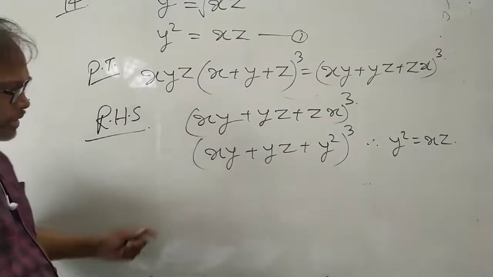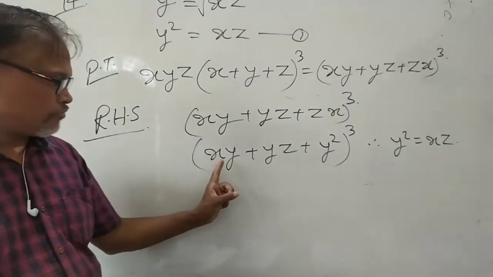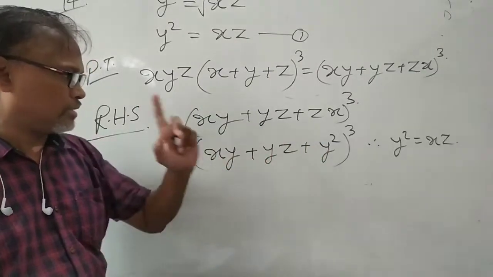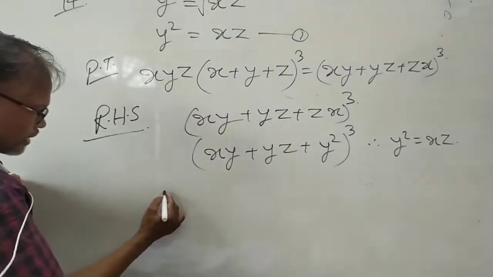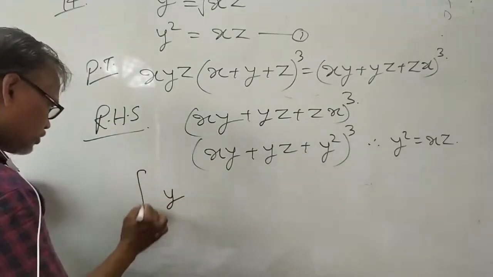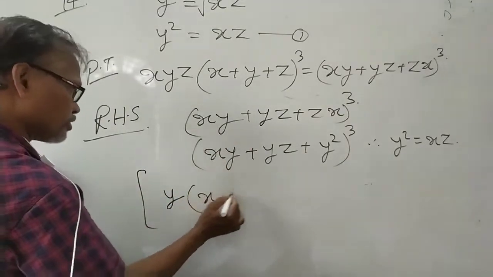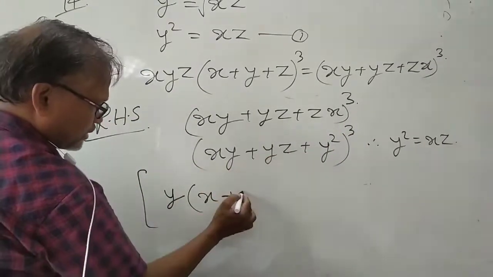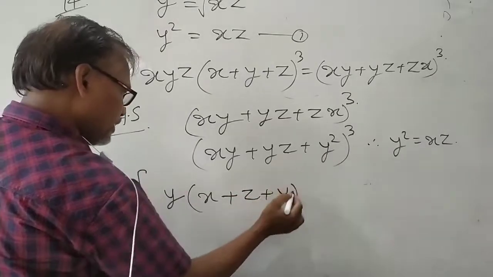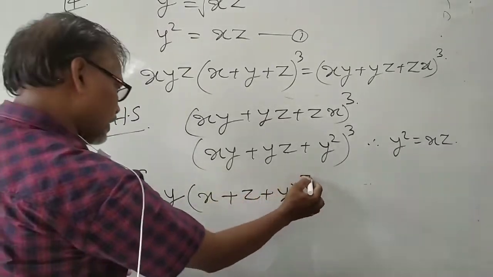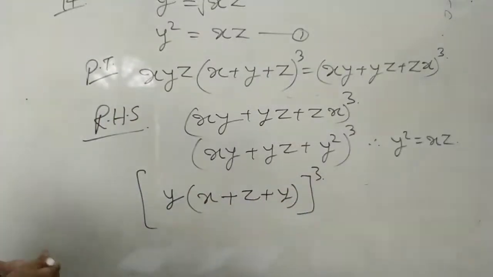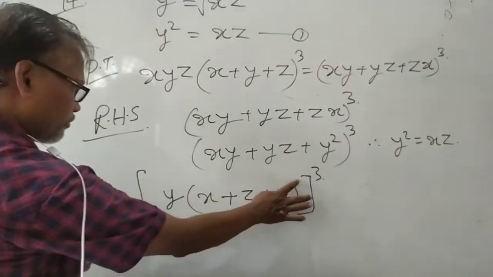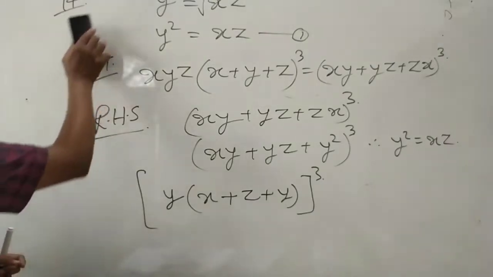Then can you take common y. y यहां पे भी है, यहां पे भी है, यहां पे भी है. In the 3 places the y is there. You can take common y. If you are taking common y but use the big bracket and inside the bracket you take, क्योंकि यहाँ पे whole bracket 3 लगा हुआ है, whole power, तो x is there, z is there and y is there. Okay, x is there, y is there, z is, and then whole power 3 बिग ब्रैकेट. अब इस y को ये 3 पावर को अगर हम मल्टीप्लाई करें तो यहां भी पावर आएगा, यहां भी पावर आएगा.